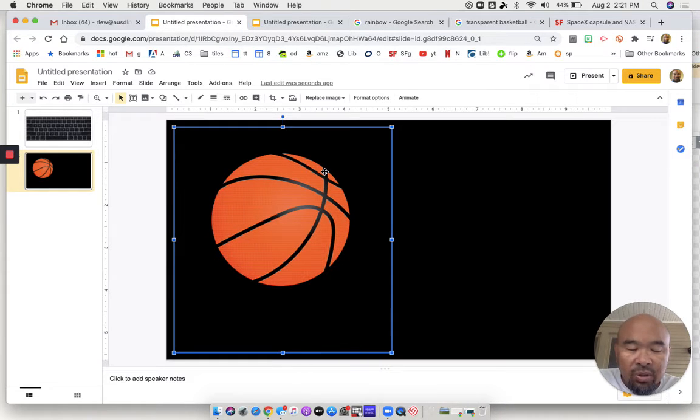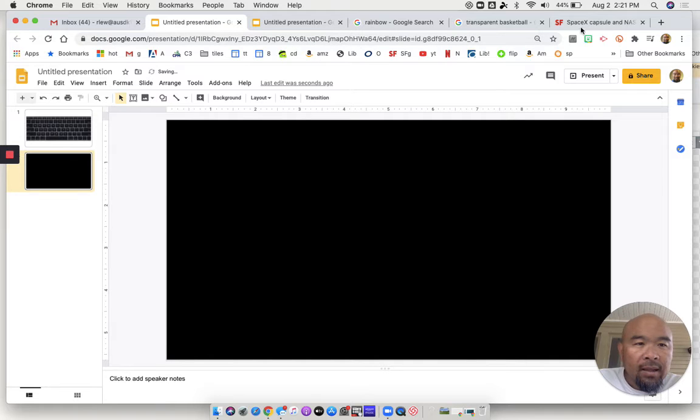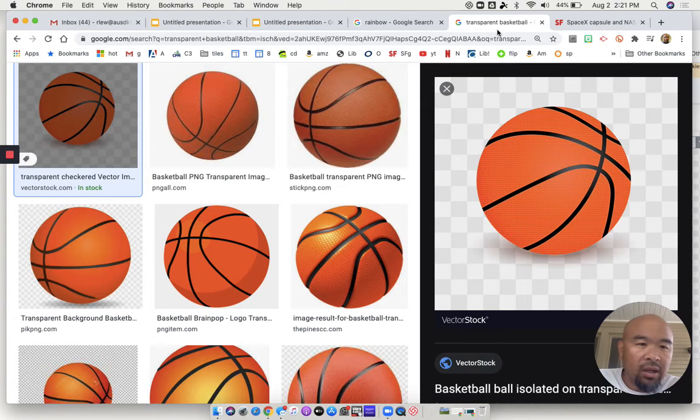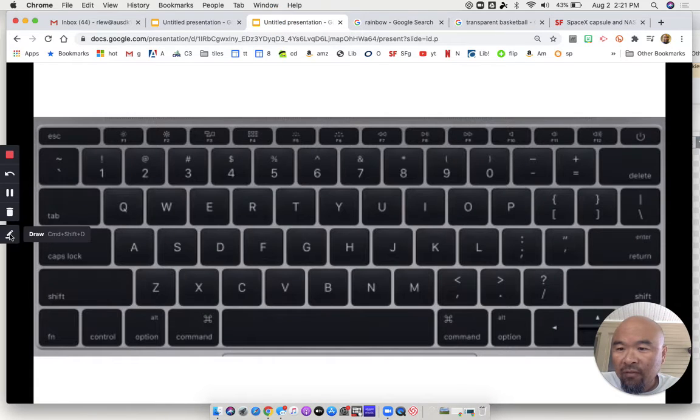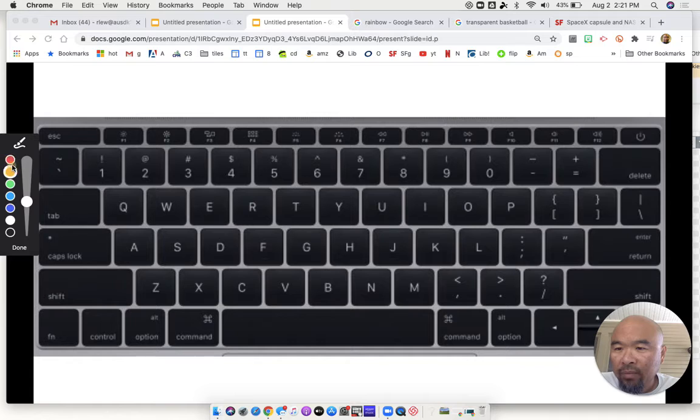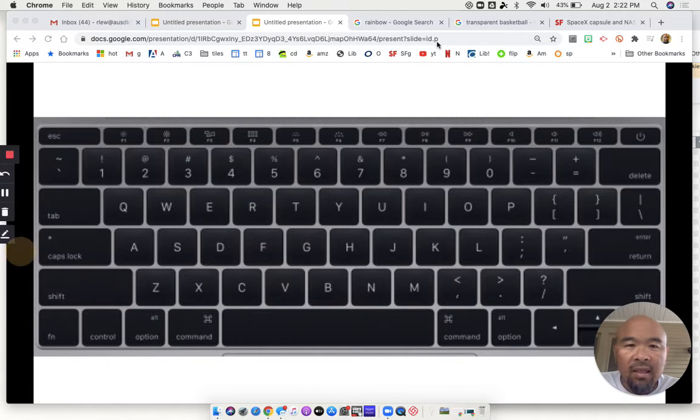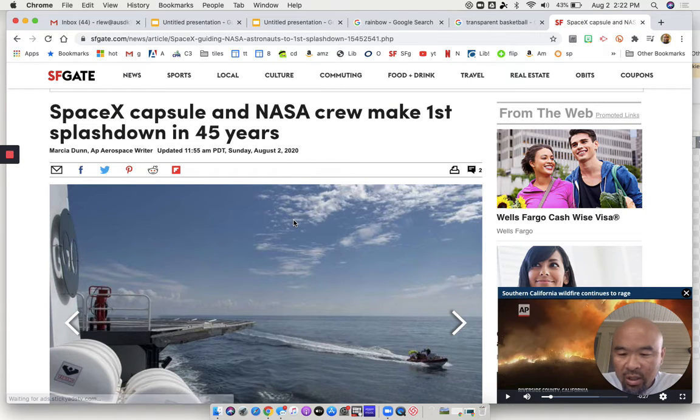I also want to teach you how to screenshot. Let's say it's not an image that you can easily lift, but you want to screenshot part of this page from SFGate. The following buttons will allow you to do this. If you press and hold Shift, Control, Command, and 4, again, Shift, Control, Command, and 4, and I'm going to go back to that SFGate page,